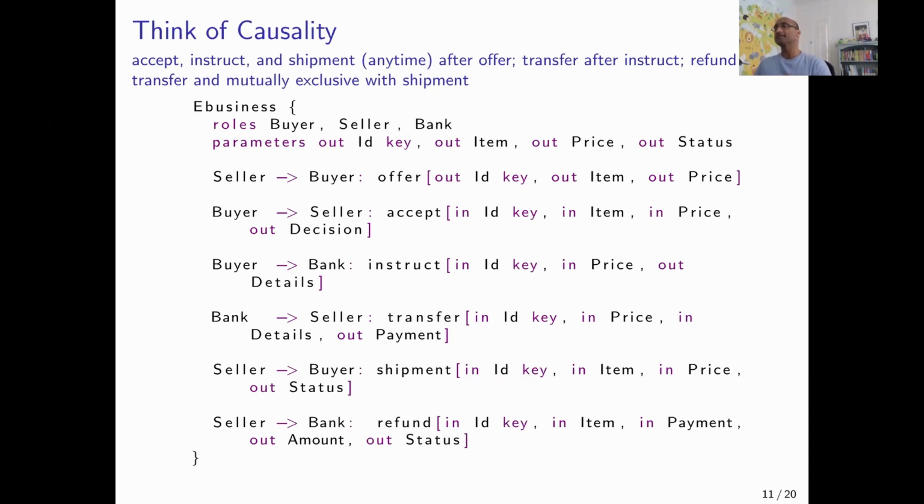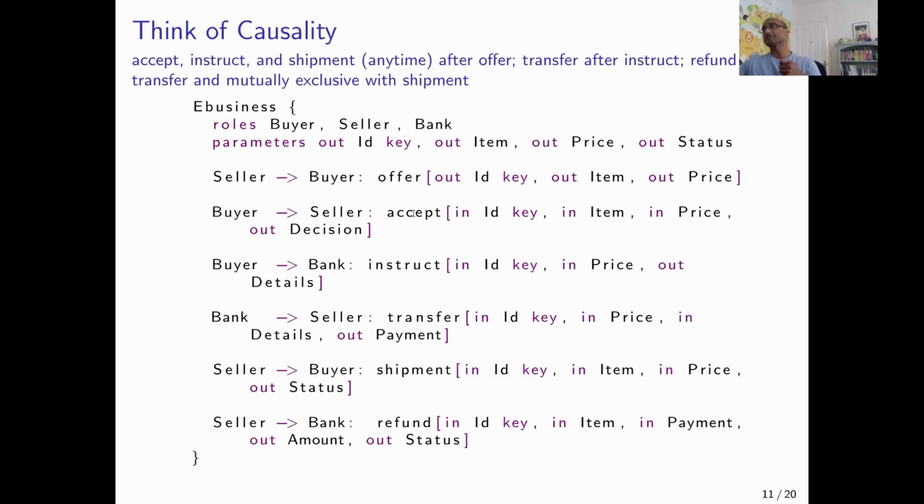bank, then if the seller can't do a shipment, then it should do a refund. So refund can happen after transfer, but it's mutually exclusive with shipment. So you can capture a set of interesting constraints using causality, mutual exclusion, ordering, and so on. And what you're not doing is specifying message ordering. You're not saying,